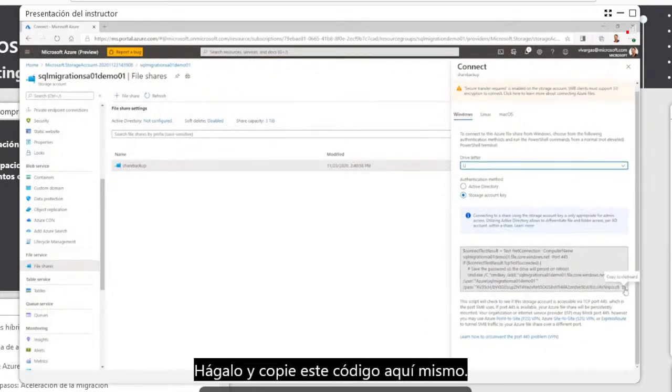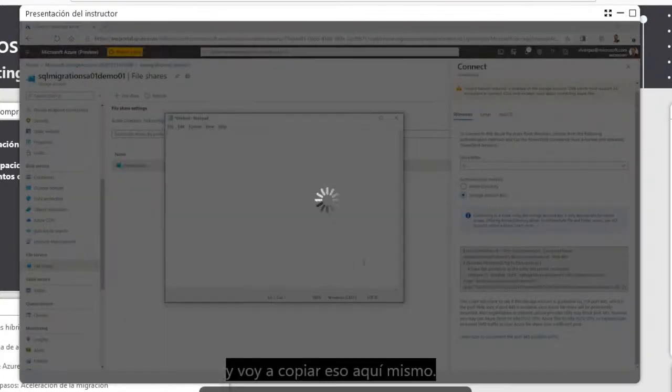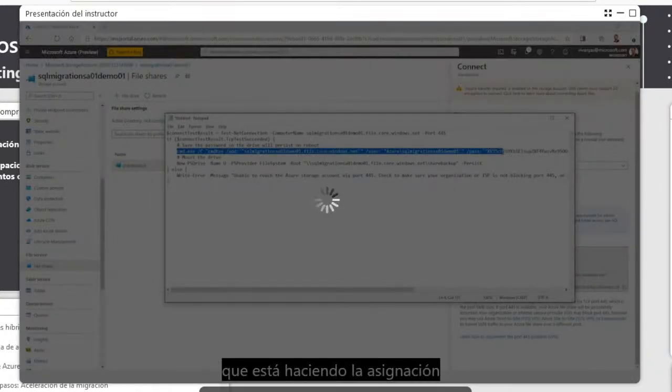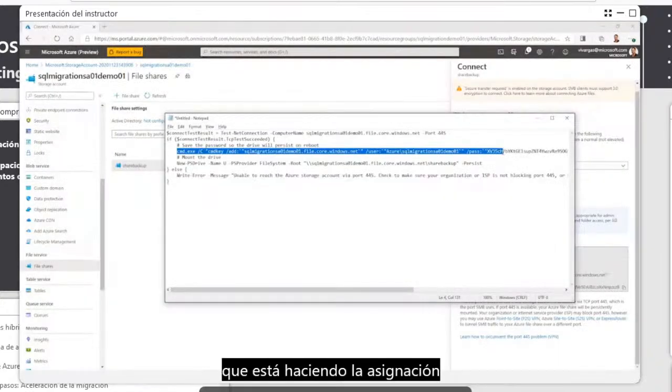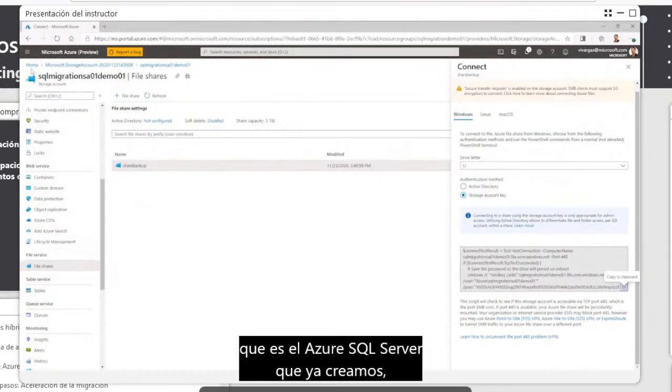Please do so and copy this. Copy that. This line right here is doing the map server that we just